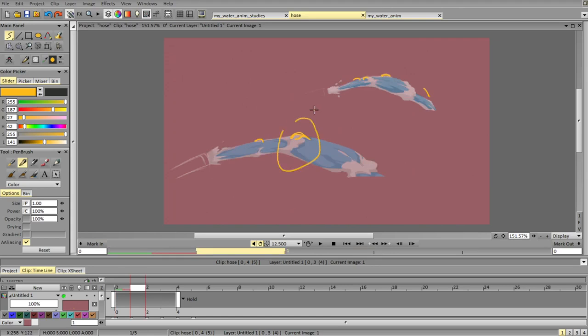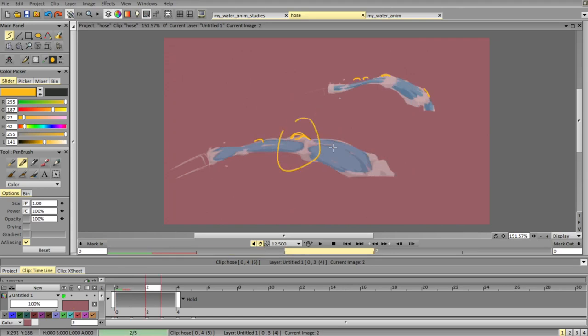So this could work, and this is a pretty fast and chaotic animation, so it kind of reads okay. But I think we can probably move that a bit further to create that sense of motion.